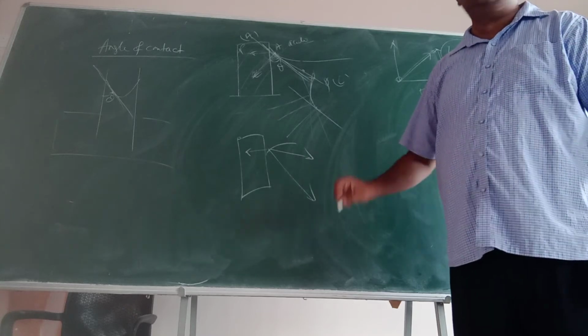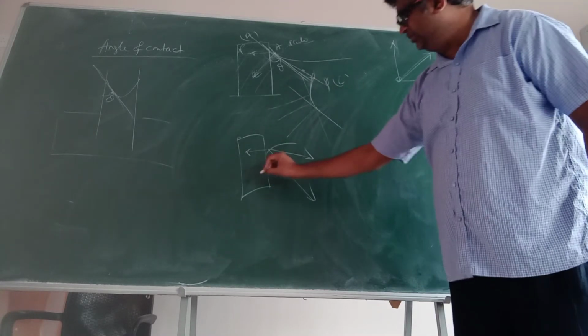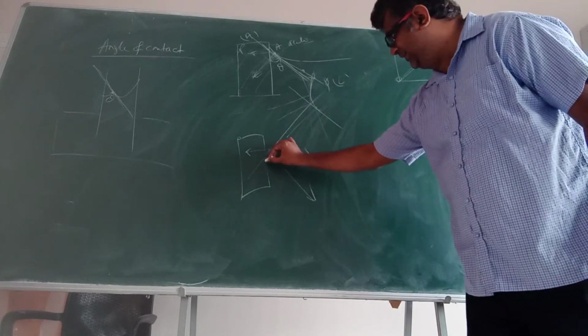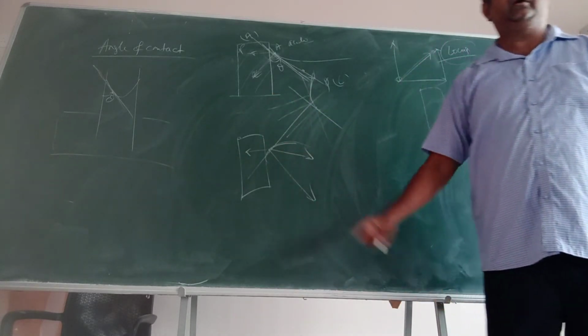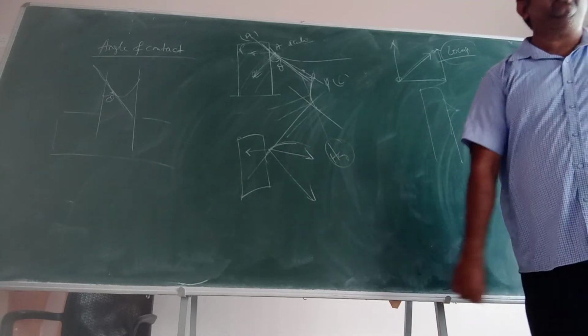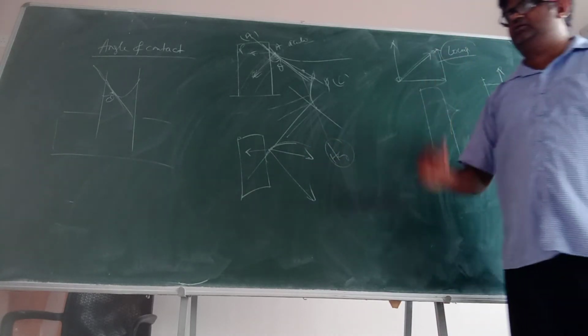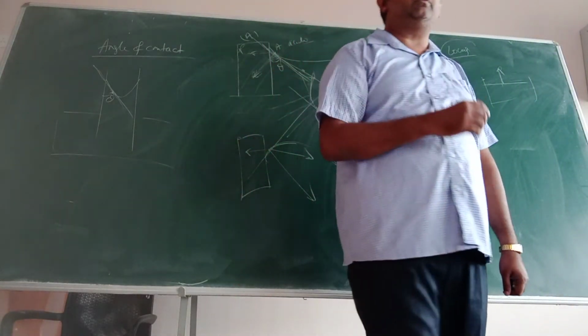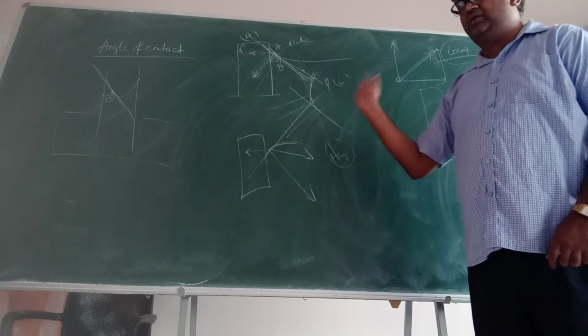I need to draw a tangent which is normal to it. So the only possible way is drawing like this. So it is taking an upward turn like this. It happens in the case of mercury. Okay, it happens in the case of mercury. You put it in that tube, test tube. You try to measure. You can see it in your thermometer. It takes an upward turn like this.